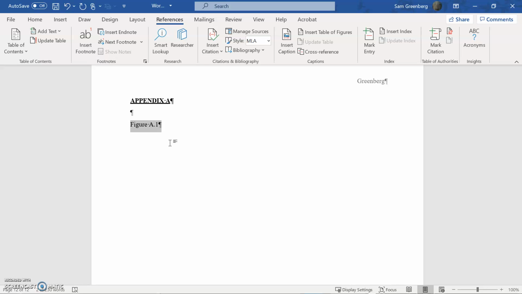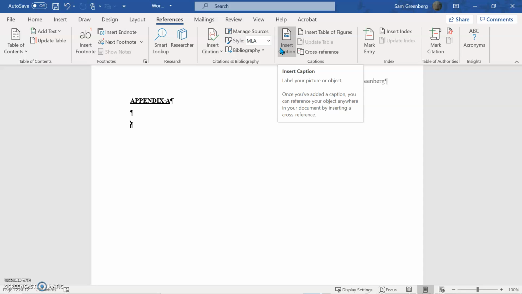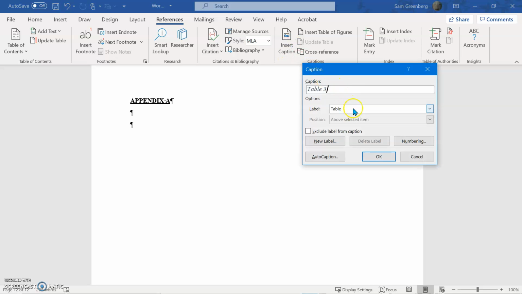So you can get around that by, again, taking advantage of our caption. And we can rename our appendixes based on that, because you might be adding appendixes in as you go along. And if you want to keep the citation constant, you can do that with captions. So let's say you have appendix A, and then you want to add in another one, and you add it in before that. So now what was originally your appendix A is now your appendix B. And then you have to relabel everything. Again, we can just do insert caption,